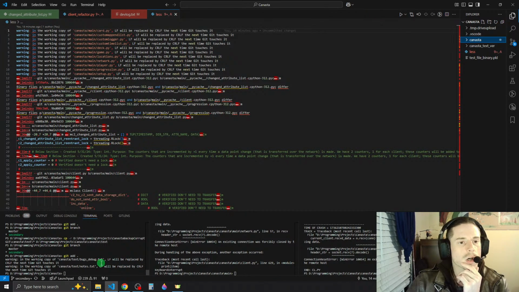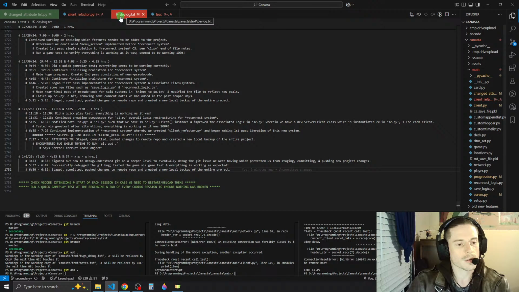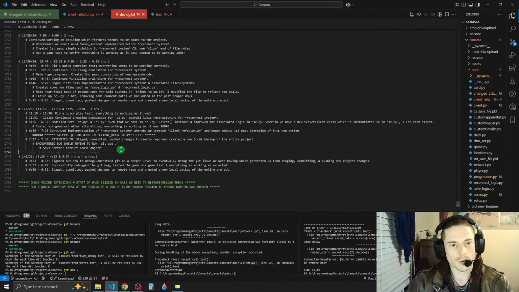So yeah, this is showing all the... So if I do git add here, dot, it didn't add anything there. So bugs, debug, notes, did it not update M?